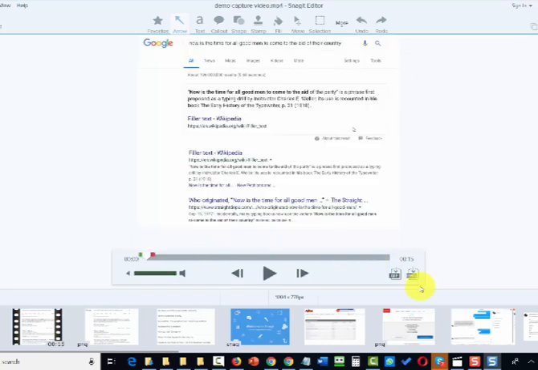Now what we can also do is we can download this same video as a GIF file or as a PNG. And basically when we save these as these formats, we'll be saving frames if we're not saving the entire